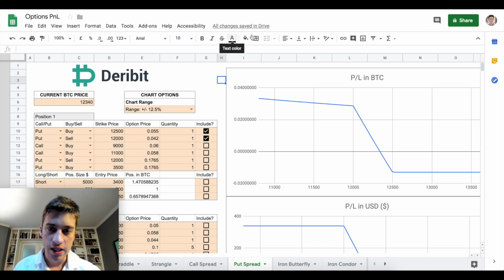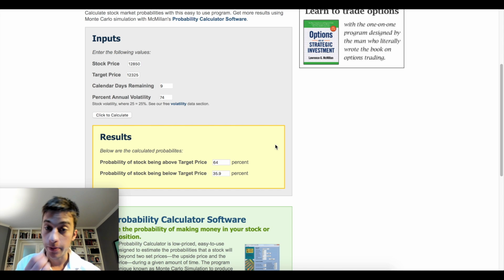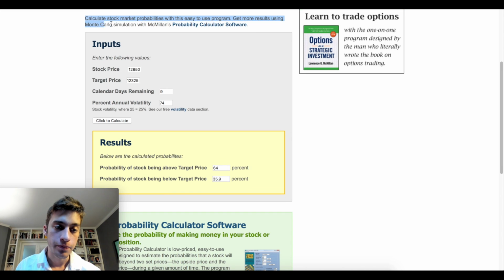Now, what we can do from that is go use a probability calculator. I'm going to list this in the description below. Now, what I can do is first type in the current Bitcoin price, which is 12,850, right? My target price is going to be my break-even point, 12,340. And we know that there are 9 days left in these options contracts, and we also know the percent annual